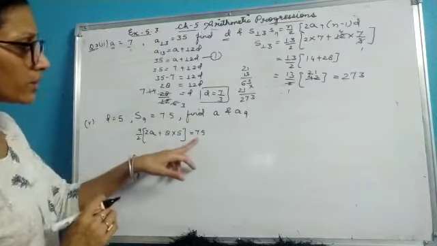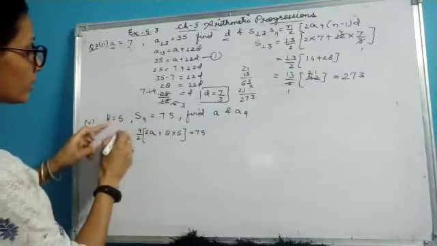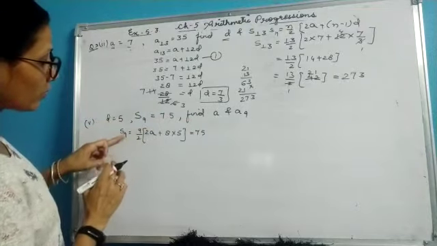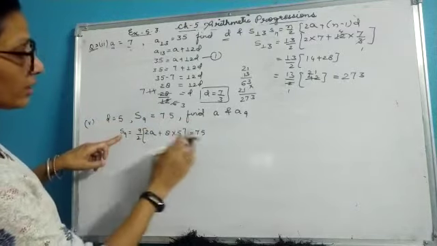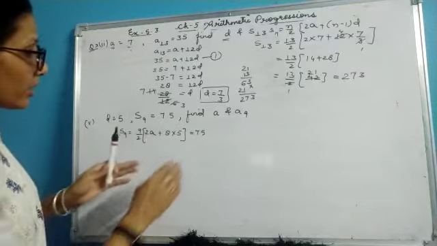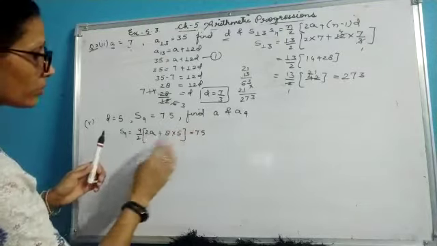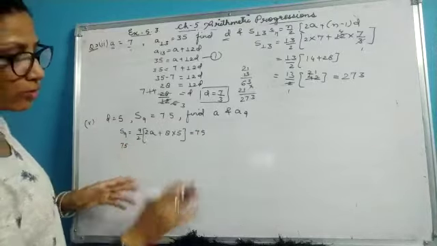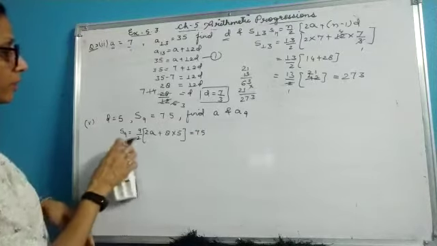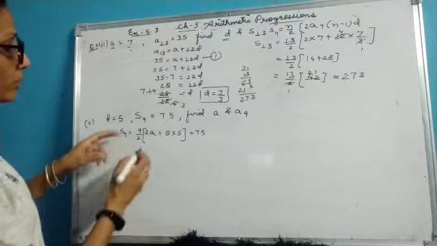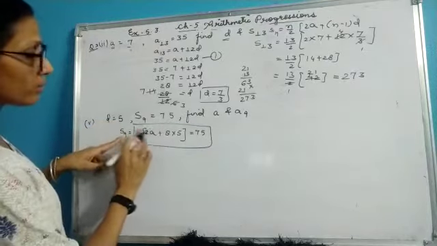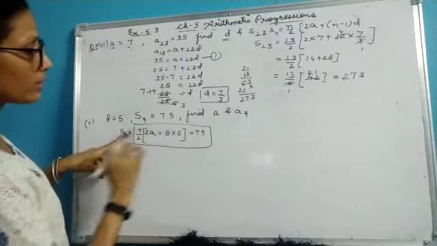So I have written 75 over here. This is the formula for S9, sum of 9 terms. So the value of S9 is given to me as 75. Either you can do it like this, equal to 75, or write under S9 75 and then solve it. So I am writing it here. So let's see how I can solve it further. So I will be solving this part now, because I have written sum of 9 terms as 75.